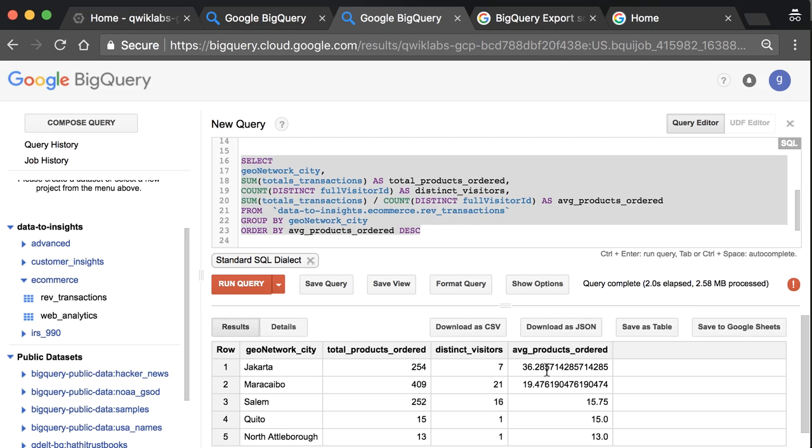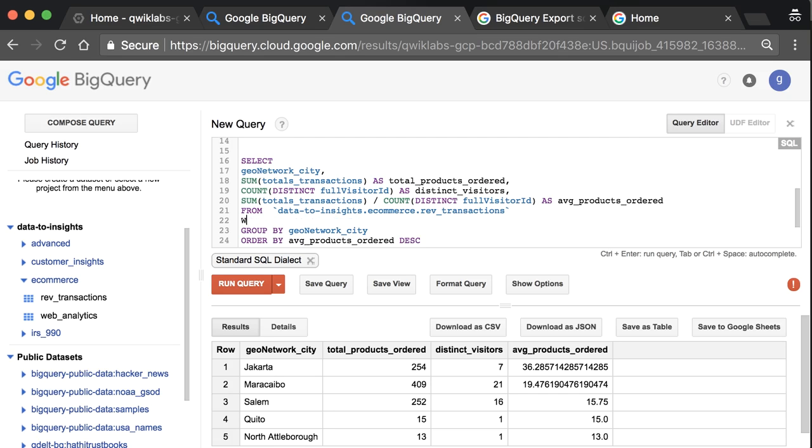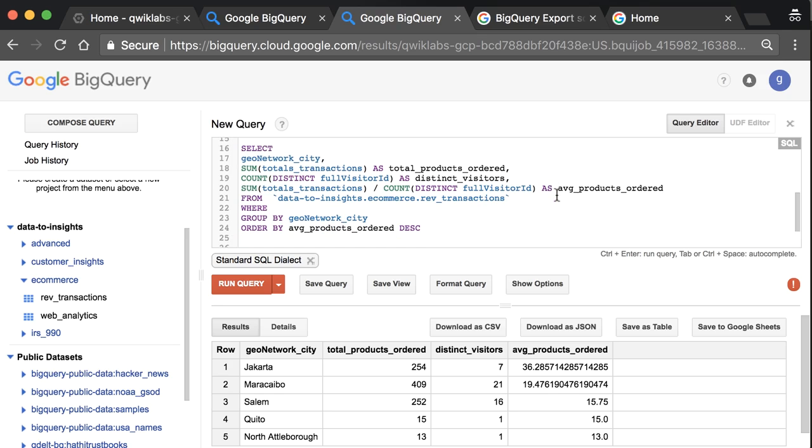So maybe this will influence your promotions or however you want to further incentivize or reach out to these folks and basically say, you ordered a ton of products. We want to see what you're doing with them, or if there's any way that we can be of additional support. Now, one thing we'll close on here is if you want to do things like filter after you've already